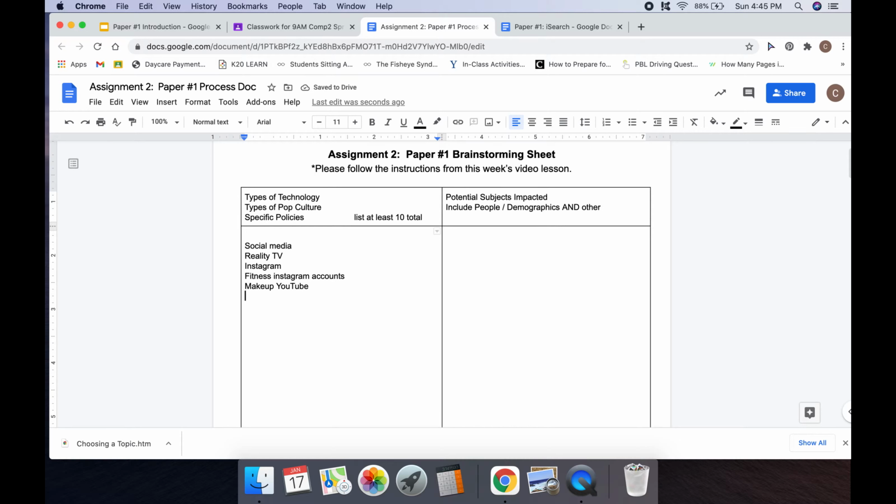So there's been a couple policies come out lately in the news, laws that are coming into effect or things like that. So maybe I could say, maybe there's a new environmental act and I'm curious about that. Maybe there's a new speed regulation thingy in our town, right? So anything that comes to mind, at least 10 total. You should be able to get even more than 10 though.